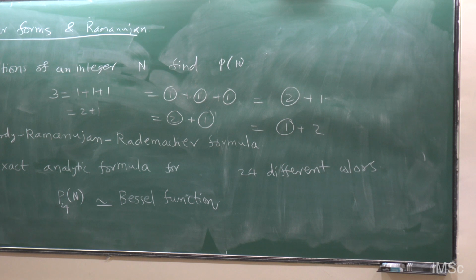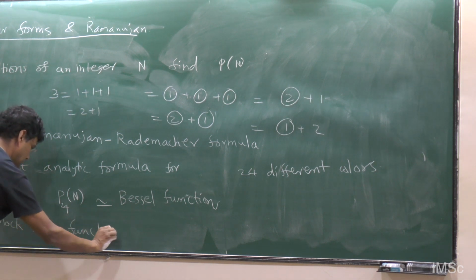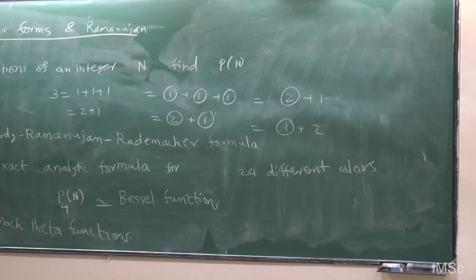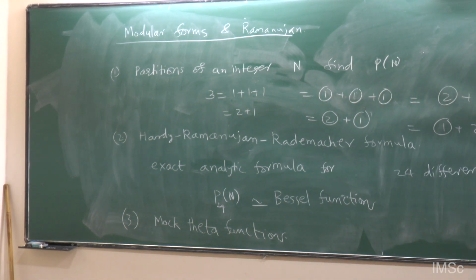And then the third is what is known as the mock modular forms, or mock theta functions as Ramanujan called them. So Ramanujan, almost on his deathbed, in his last letter that he wrote to Hardy, said, Hardy, I have come across these very beautiful functions. They look almost like modular forms, but they are not really modular forms, and I don't know what to make of them. And he had a lot of very nice properties. Then very eminent mathematicians worked on it for 100 years. Nothing came out of it, and people didn't really understand.